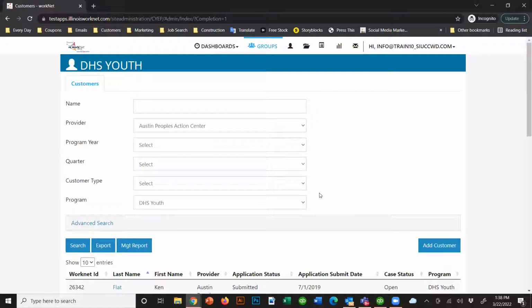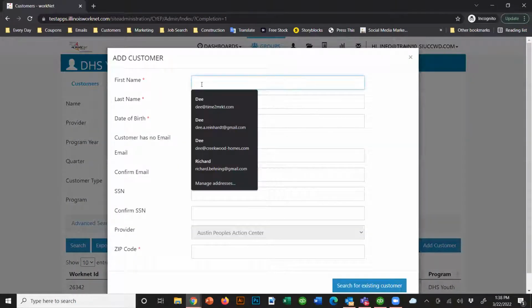Now, as you are adding a new customer to the system, this is a brand new update to this tool. We were having a lot of issues with participants selecting the wrong provider. So we are using this option in other grant programs, and we decided to update the DHS Youth program to include this as well. So we have the ability to click on this button to add a customer, and you enter a first name,